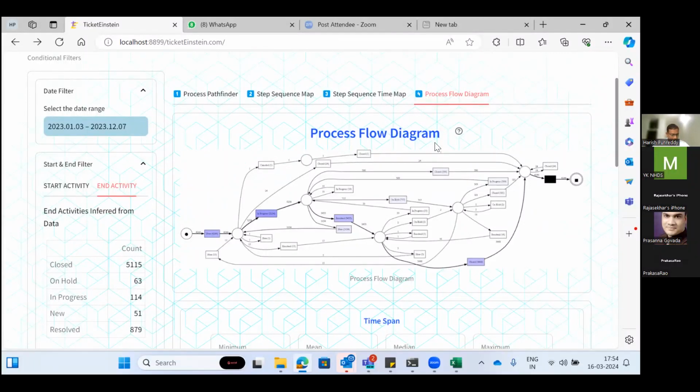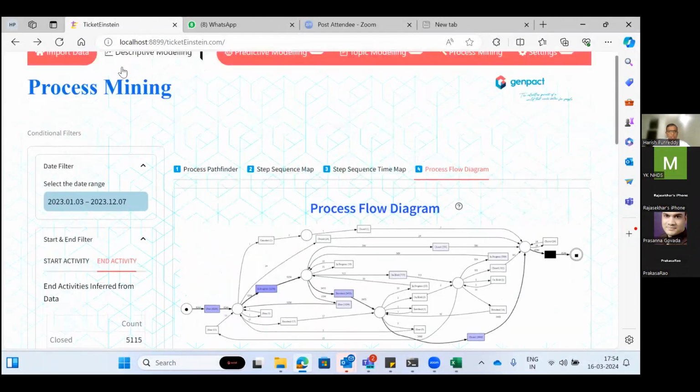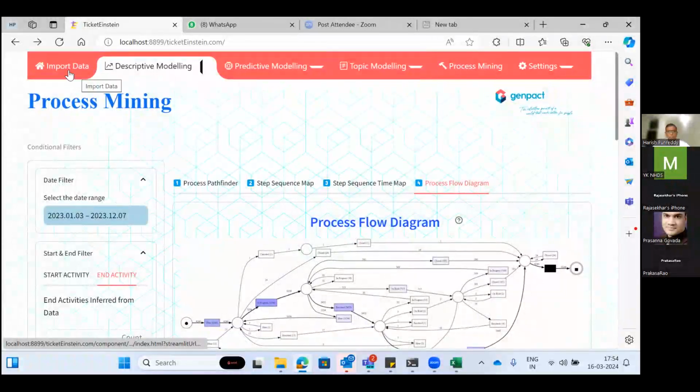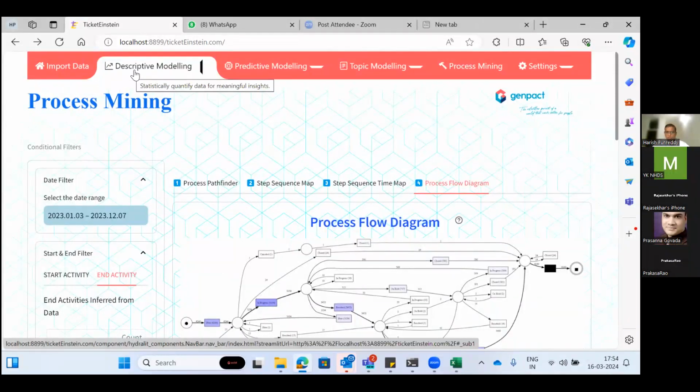Okay, I'll try to conclude the whole thing we have been discussing. Basically, this tool helps support projects and support engagements. We take the ticket data and put it into the tool, and this helps us get the visualization and volumetrics. Then we can build the prediction model. Then the topic model, very important, where we can do the categorization. Then process planning.